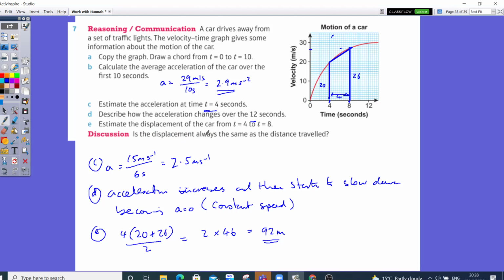And because it discussed displacement and distance travelled, displacement is how far you are from your original position, and it is different to distance if you're coming back. Okay, if you start to come back, your distance will double, whereas your displacement will become 0 as you come